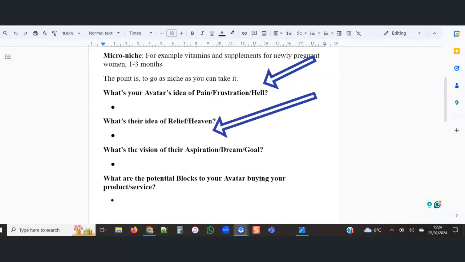Next thing, fill in the blank of what is their idea of relief. What is a solution? Not according to you. This is the important bit. What do you think in their mind or in their words would be a type of solution that they're looking for, right? Because remember, it's very easy to think in our terms, which is not the right way to go